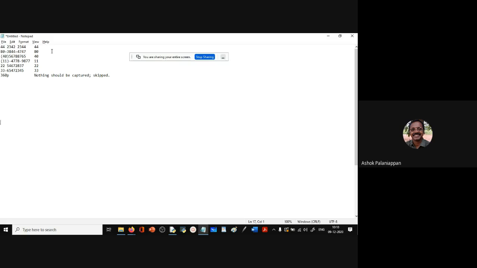All right. So what we will first do is, let us first construct the regular expression. Okay, so construction of the regular expression. So what do you think is the appropriate pattern for this problem? Okay, so you say that this has to be captured. So this line has to be captured. This has to be a capture.